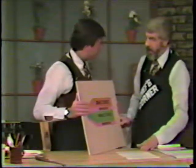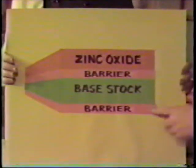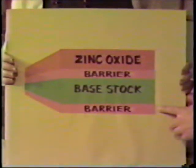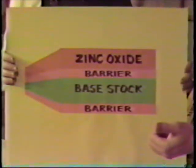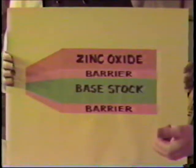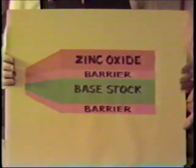But we do something to the base stock to give it strength and to give it a length of run. That is, we put a barrier coat on each side of it. So this is like sealing it with a sealant to prevent it from stretching or tearing apart prematurely. Absolutely. Now, to make it work and to make it a master, we put a zinc oxide coating